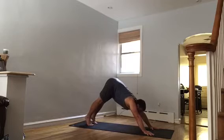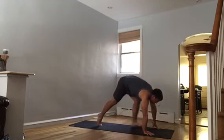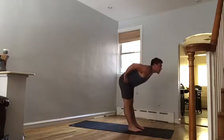With your inhale, come to the balls of the feet. Exhale, bend your knees, look forward, step or hop to the front of your mat, and bow. Inhale, lengthen your back, hands to your hips, keep your waistline back. So you stand, you take a wide stance on your mat,